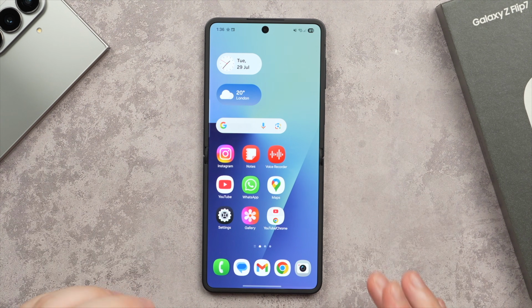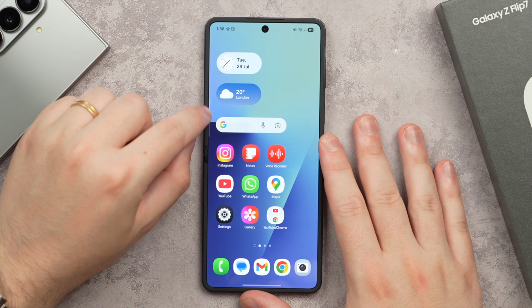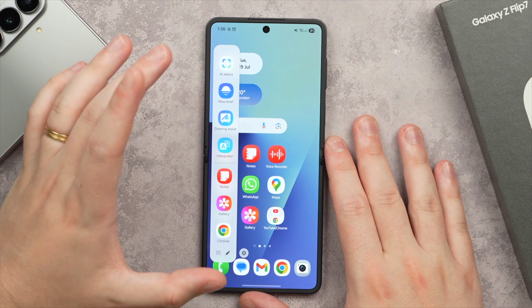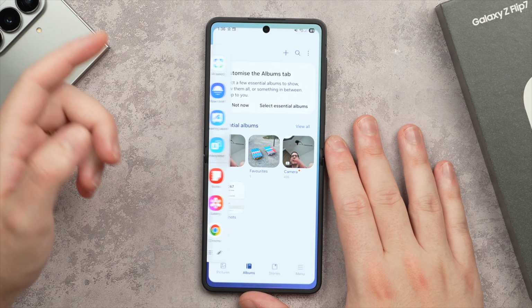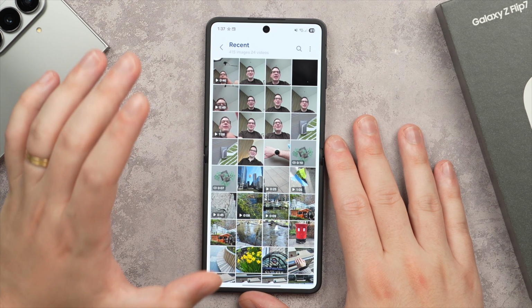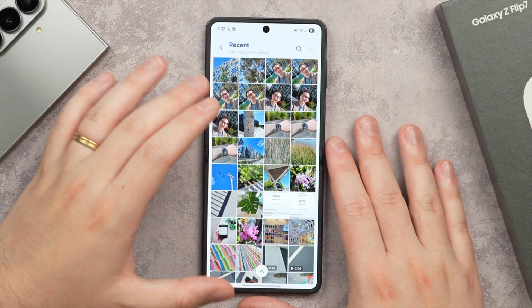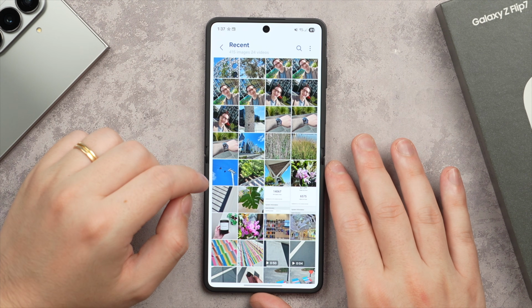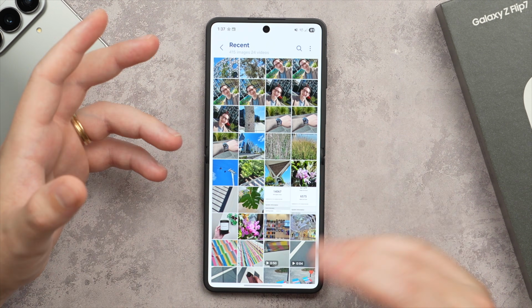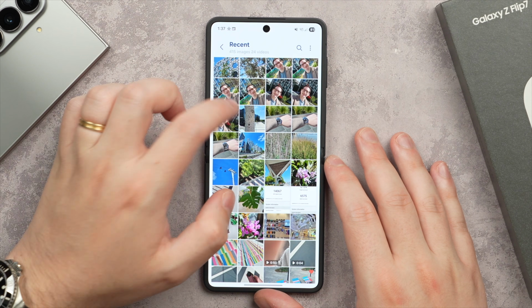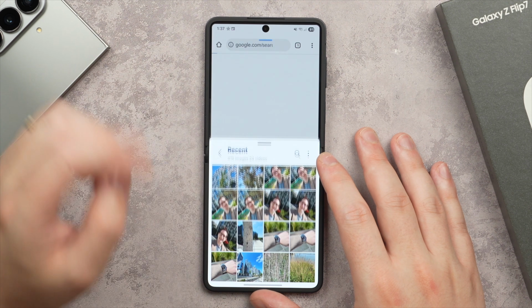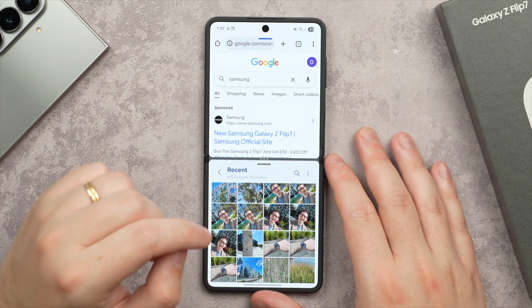So if you take a look at my home screen, you get this very faint little line here along the left-hand side. And if I swipe in, you can bring in your Edge panel. So like I said, you can quickly launch any application from here. But what is also really neat is the ability to quickly start a split screen session, right, using the Edge panel. So instead of having to first go to your app switcher and bring in a second app, I can just swipe in to bring in the Edge panel. And check this out. Take Chrome, drag and drop right there, and boom, just like that,